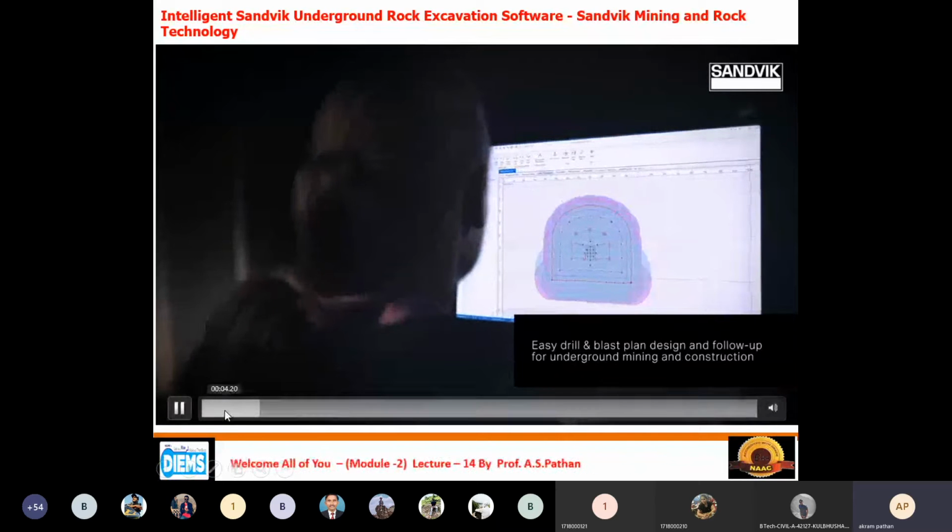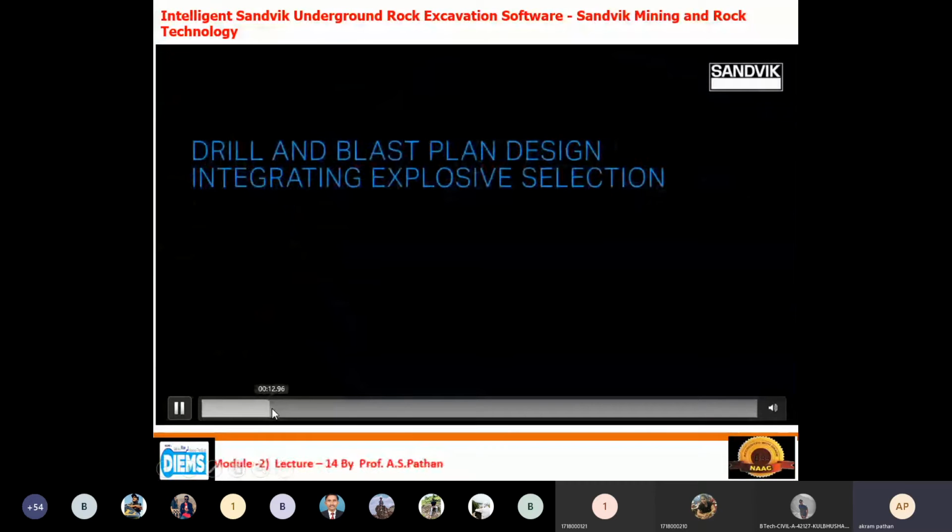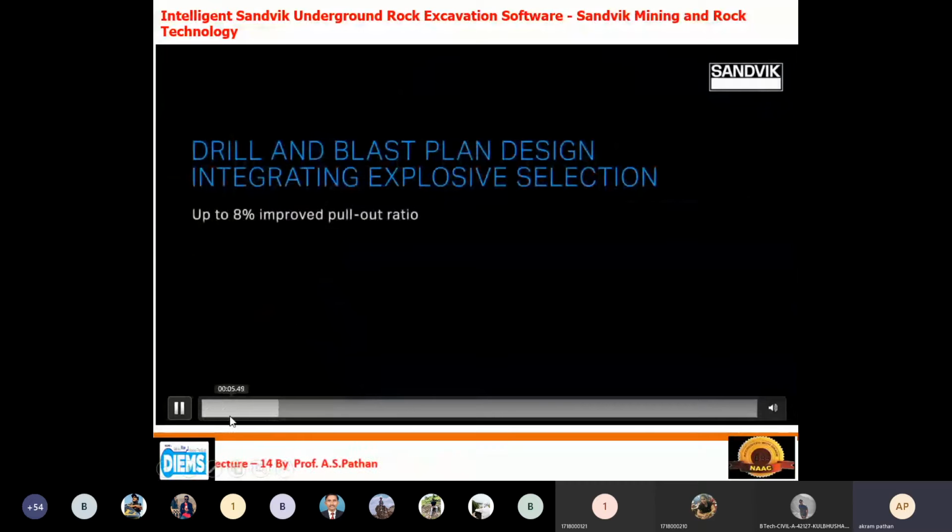Then, if you see here, another important feature of this particular software is drill and blast plan design integrating explosive selections, with up to 8% improvement in pull out ratio.